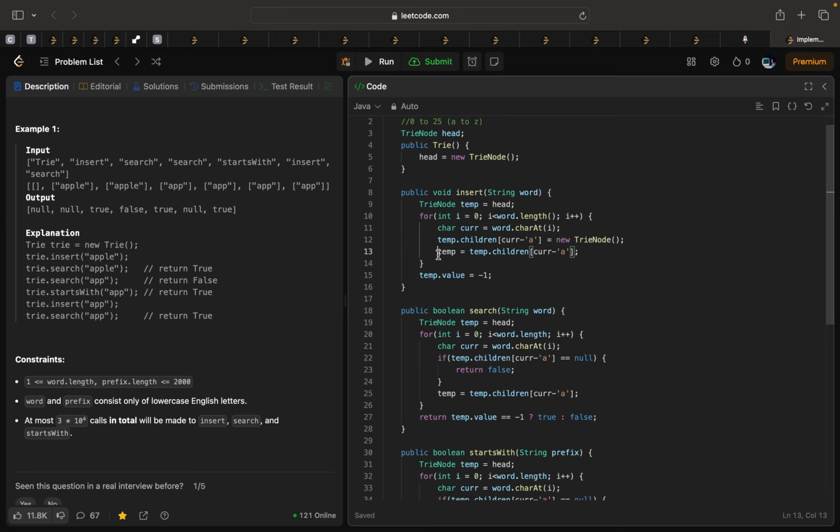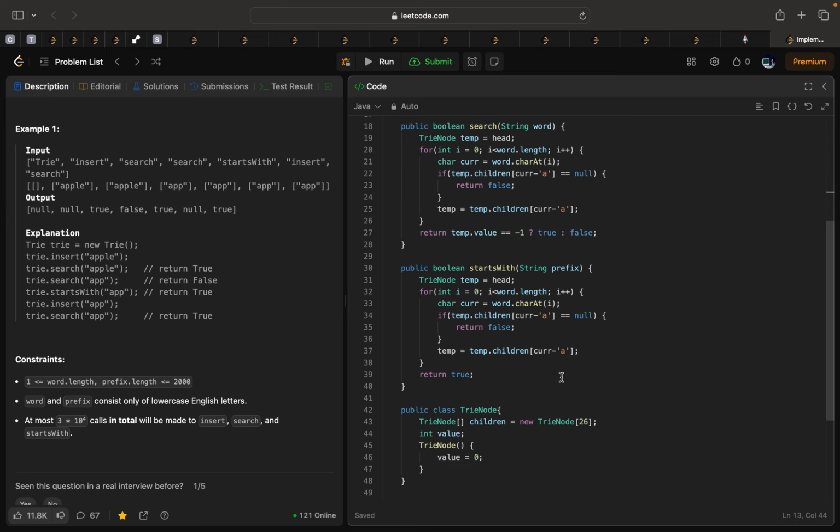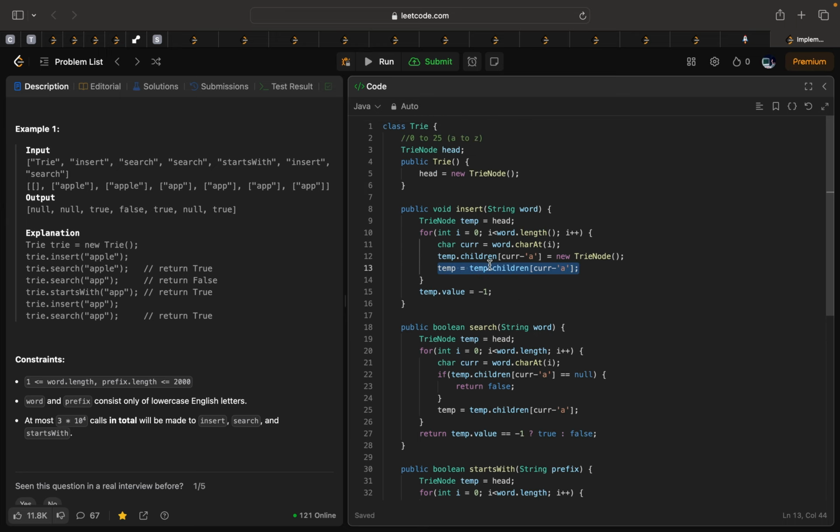We have moved to children. Now we are at B position, and we will check. We will add at B position a new node,